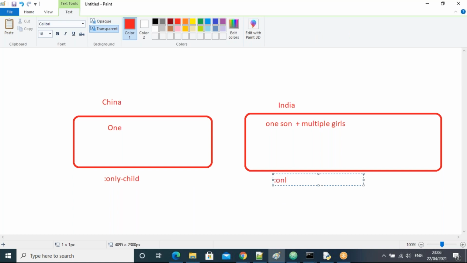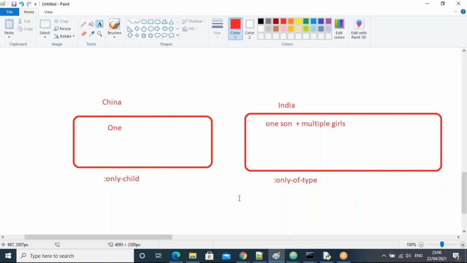Only of type. Only of type. Is it clear, all of you, the difference between only child and only of type? Okay, that is clear, right?